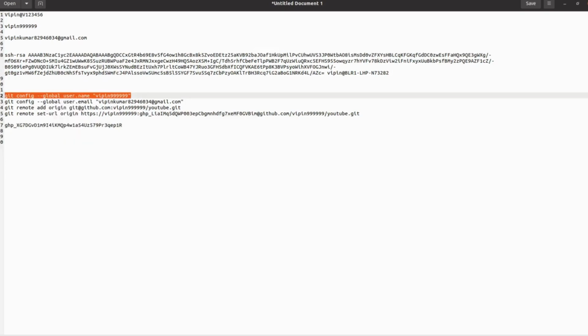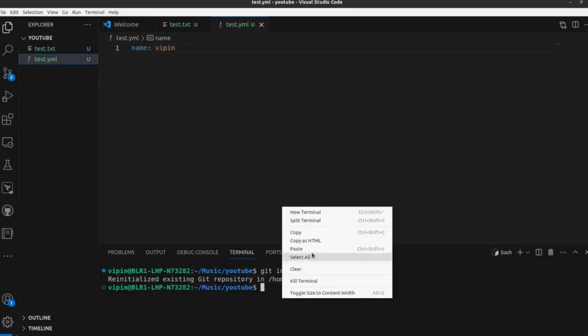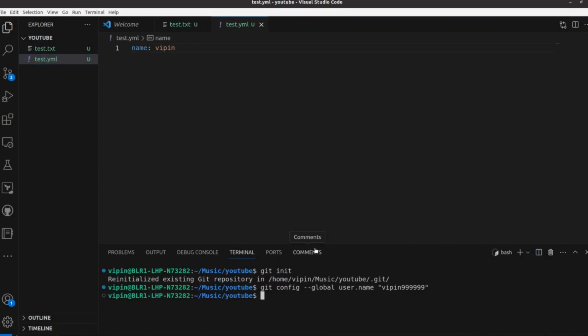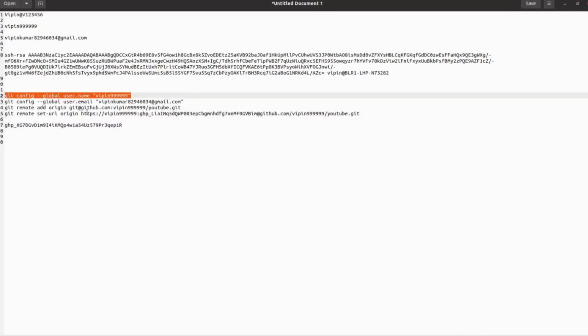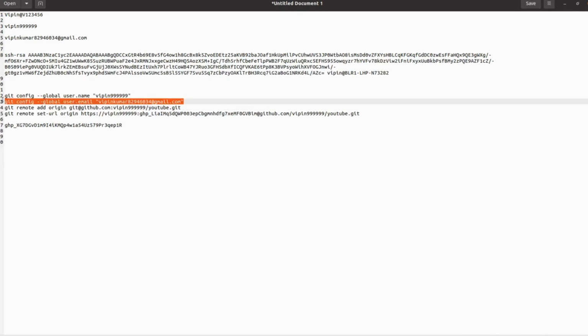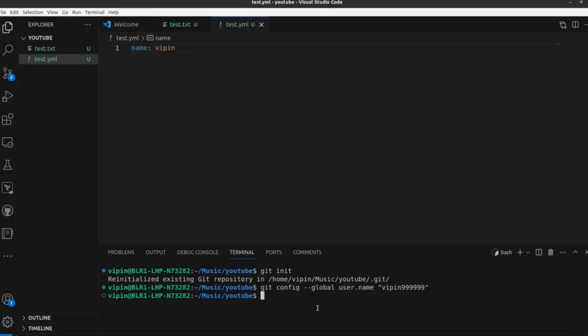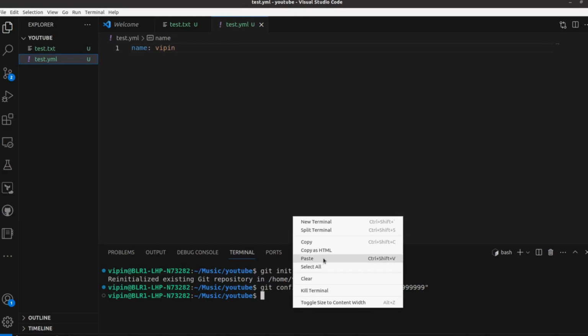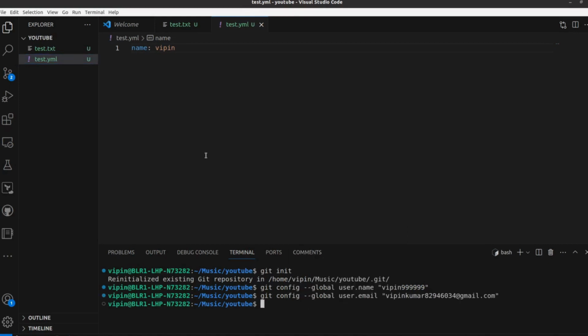Copy this command and let me run it in the terminal. Then after that we use git config --global user.email, with the email we used to create the GitHub account. We have to run this here as well.